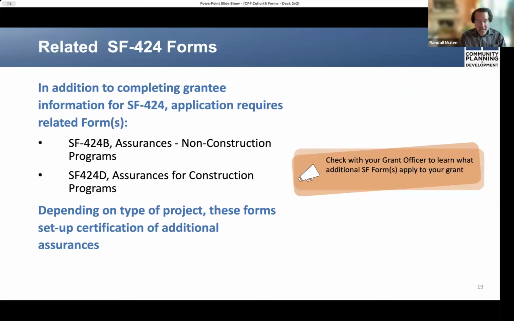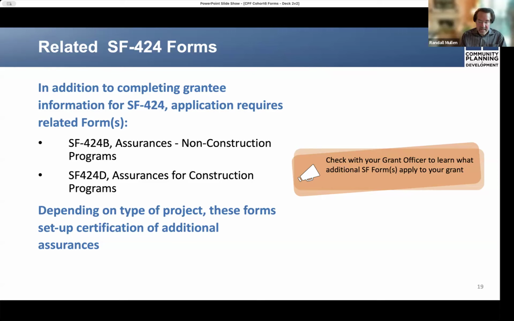After completing the information for the SF-424 form, your authorized representative then must make those further assurances that fit the type of project or program your community will undertake with the CPF funding. Depending on the type of your community's project, you complete information for one or both of these supplemental forms, which specify certification of those additional assurances.